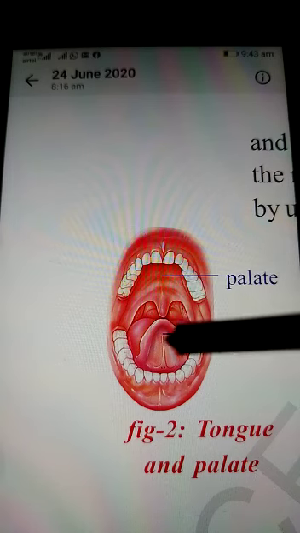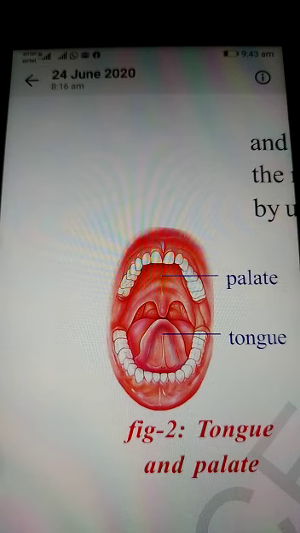So if you press your tongue with the palate, generally the sugar will dissolve in a faster manner. Hope you understand. This is the reason why we generally suck sugar substances or candies. So in simple words, if you place the sugar on the tongue and don't touch the tongue with the palate, it takes a certain amount of time to recognize the taste. Whereas in the second case, we place the sugar and press the tongue with the palate. So in a shorter amount of time, you can recognize the taste of sugar.